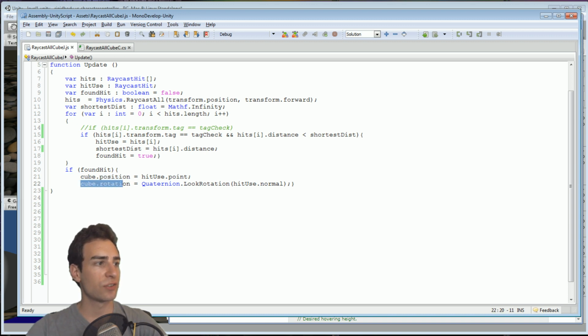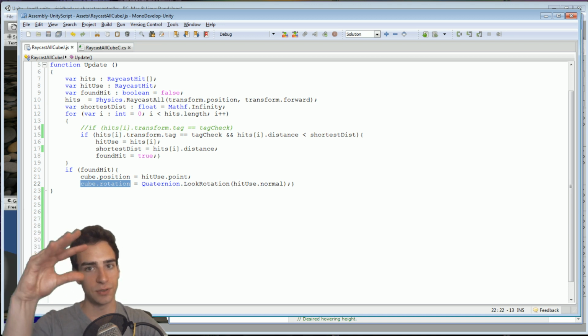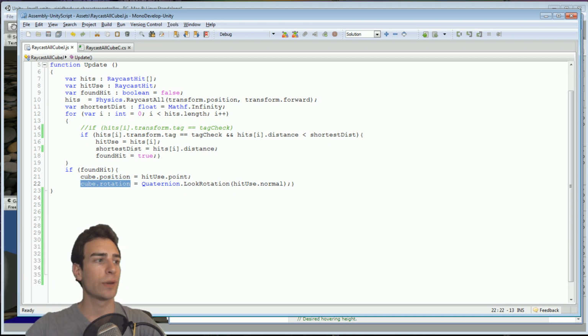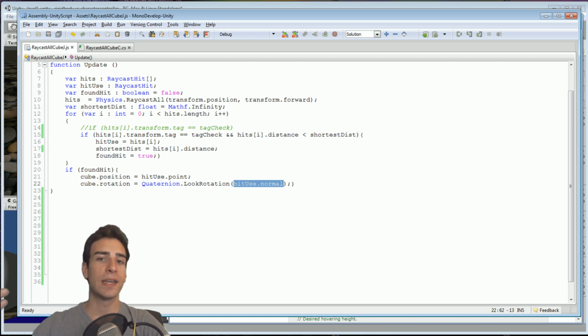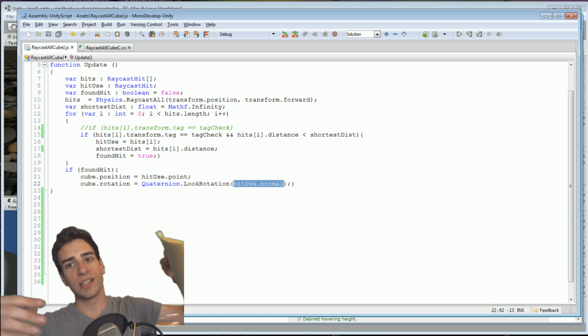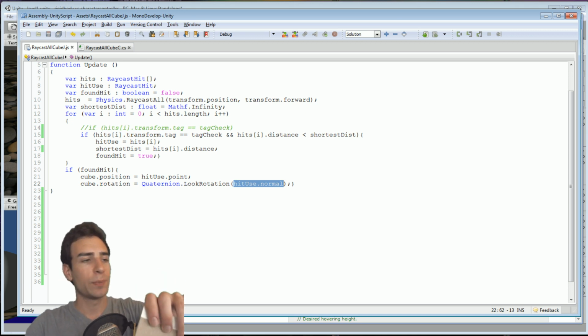And then we want to change the rotation of the cube, because we want that cube to snap to the surface of whatever we are raycasting against. This is useful for things like bullet holes or blood spatter. Because cube.rotation is of type quaternion, a rotation in 3D space, we need to change hit use.normal. hit use.normal is a directional vector 3 with a magnitude of 1 that represents the direction of the face that we collided with. The same analogy as I used in the previous episode, going over basic raycasts: